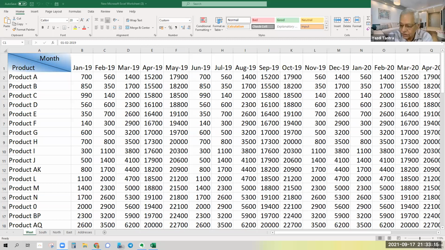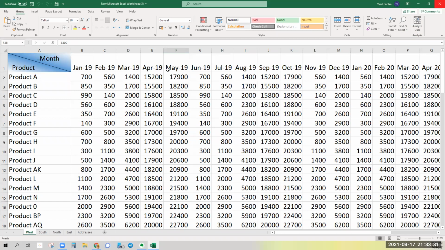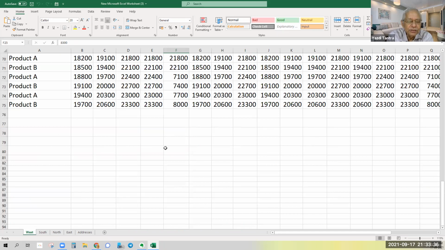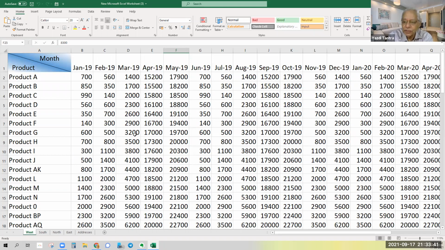Okay, so I'll start with my Excel screen. Are you able to see the screen? Yes. Okay, so I just have a sample spreadsheet, nothing great, just figures, months and some products, not very huge. It could be as huge as you would like it to be, but this is good enough to see all the features.